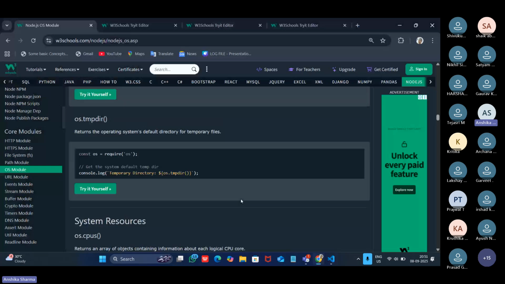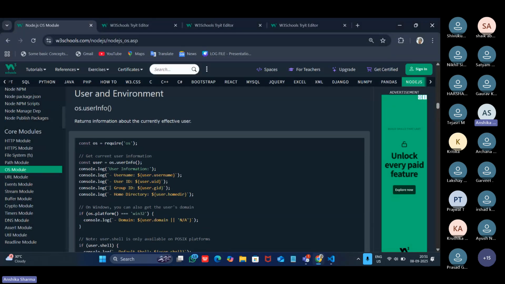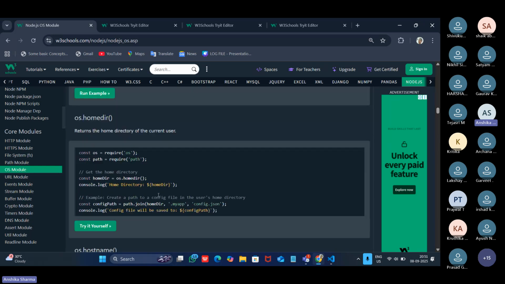Next is system resources. So inside the user and environment section, we have a few methods. First one was userInfo to get your information about the user, like the name, UID, GID, and home directory. Next was homedir to get the home directory of your folder.